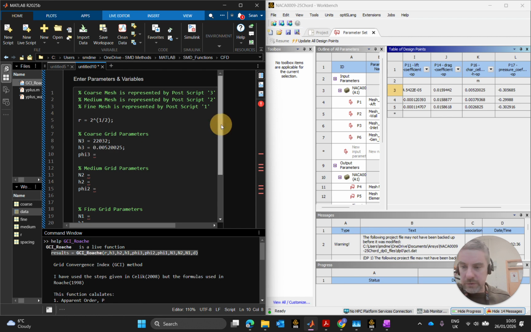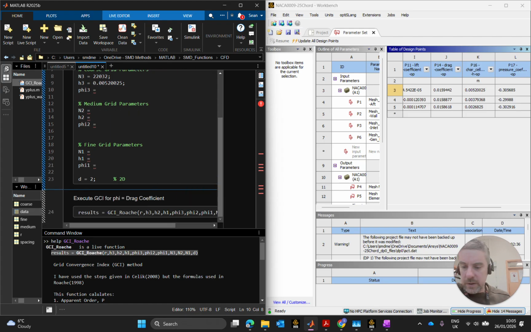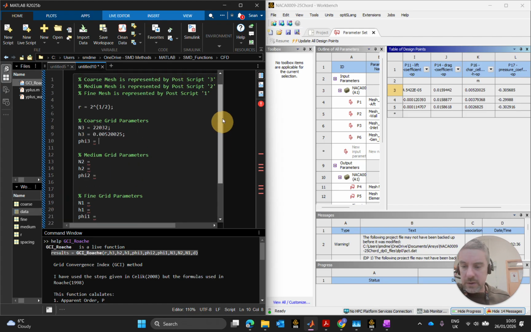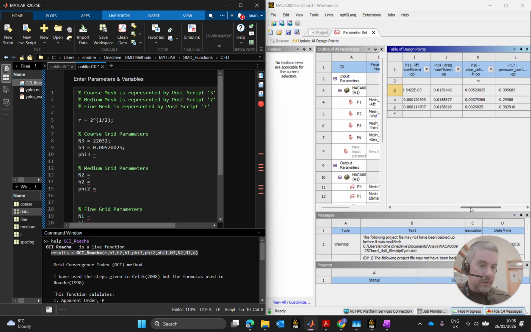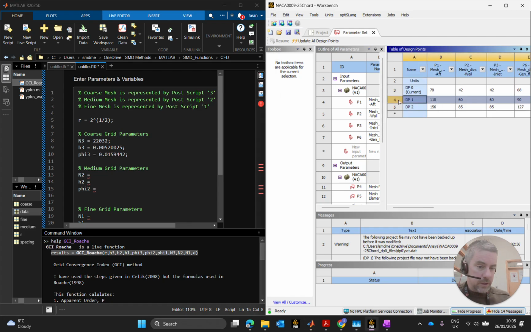What did we say this one was for? We are going to be looking at drag coefficient in this one, just by choice. Well, there's drag coefficient right next to it. So for my coarse mesh, my drag coefficient is 0.0159442. Just when I'm here, I'm going to do phi 2, which is my medium design point 1 here,